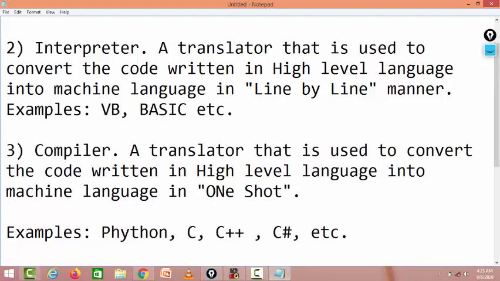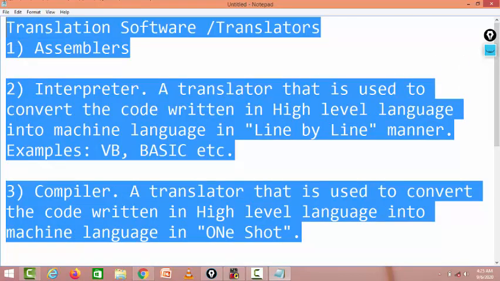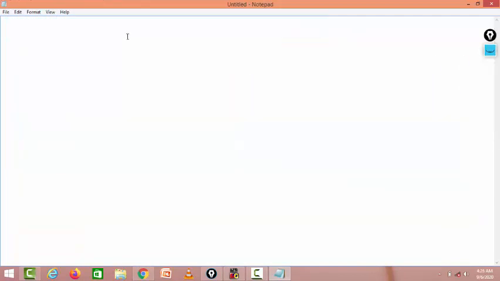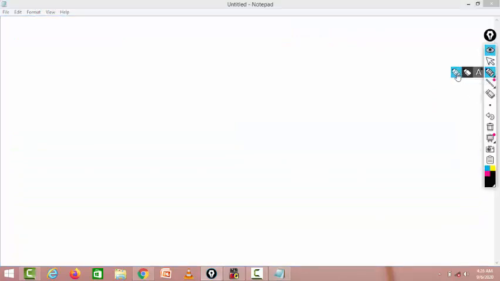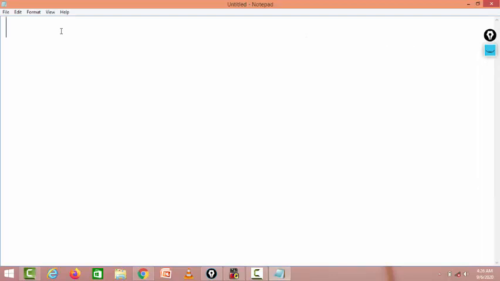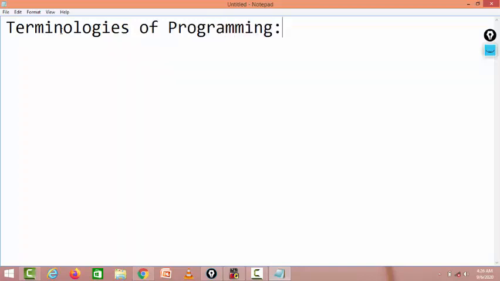अच्छा, ये तो बात हो गई ट्रांसलेटर के बारे में. ये थोड़ा सा बैकग्राउंड उस दिन रह गया था. नाउ मूविंग टुवर्ड्स आज का जो दूसरा, इसमें हम कंसेप्ट्स के बारे में पढ़ेंगे. कंसेप्ट्स का क्या मतलब है, थोड़े से हम जिसको हम टर्मिनोलॉजीज भी कह सकते हैं, टर्मिनोलॉजीज ऑफ प्रोग्रामिंग हम थोड़ी सी डिस्कस करेंगे. सो बेसिकली स्टार्टिंग विद द एनवायरनमेंट से स्टार्ट करते हैं.